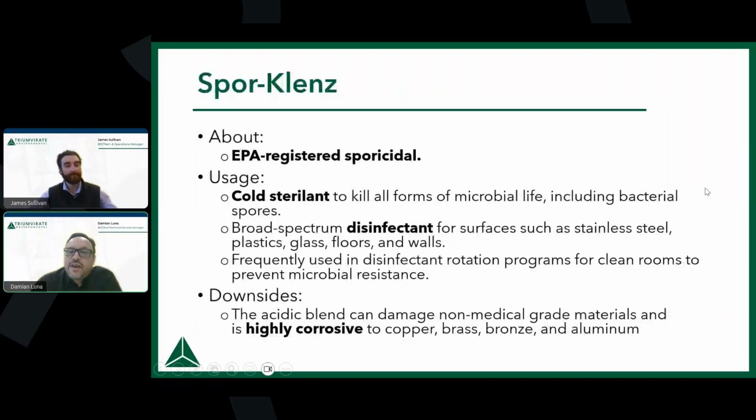Great. So it sounds like a lot of you are going to be familiar with our first up on deck here. It's going to be the Spore Cleanse. This is a great sterilant, very common in clean room environments. It's known for smelling horrible. Ideally it's cycled with similar products to prevent microbial resistance. It can be very corrosive, so a recommendation would be diluting with sterile water after application. As you can see, it's EPA registered as a sporicidal, so that's probably the number one reason why most people are using it. Again, the smell, and it's highly corrosive, so it's definitely something you're going to want to hit